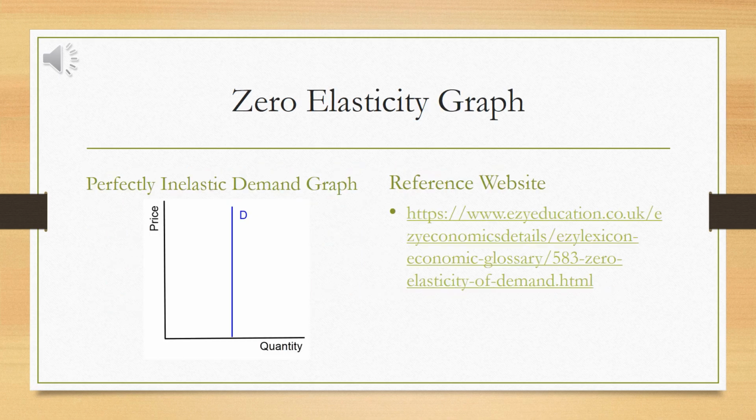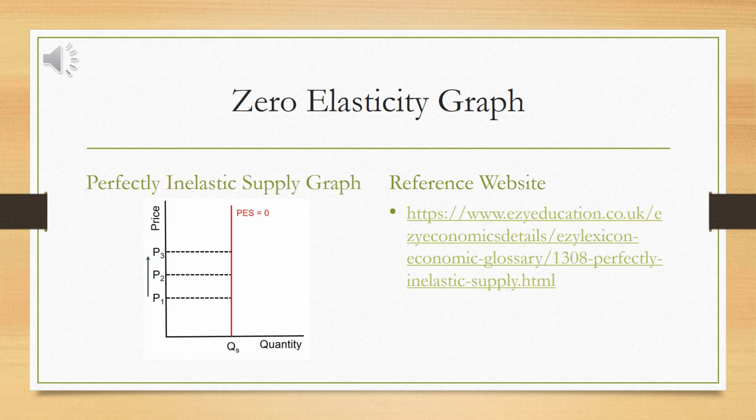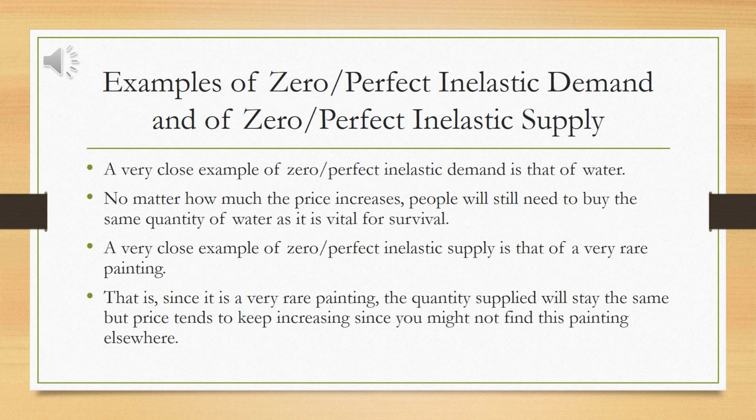This perfectly inelastic demand graph shows how the quantity demanded stays the same while the price keeps rising. This perfectly inelastic supply graph shows how the quantity supplied stays the same while the price keeps rising. A very close example of zero or perfect inelastic demand is that of water. No matter how much the price increases, people will still need to buy the same quantity of water as it